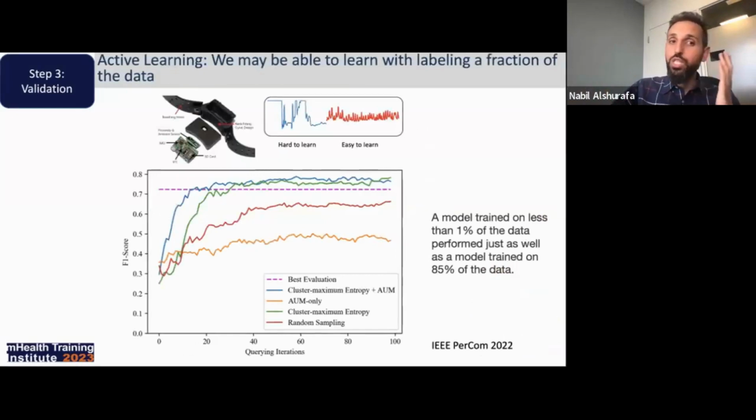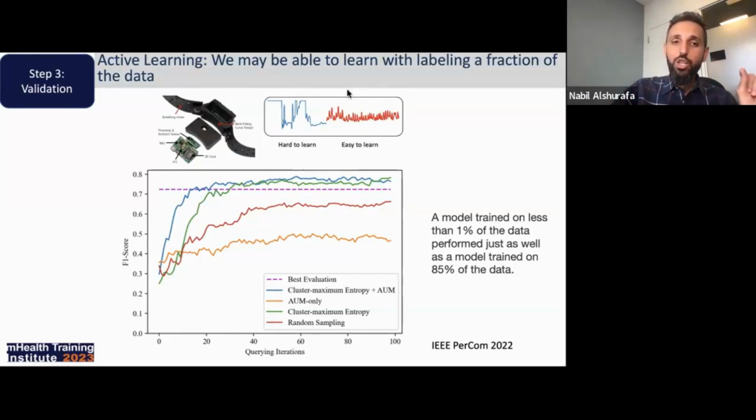Another area of research that this spawned is looking at active learning and its potential. Do we really need all these labels, right? Can we build machine learning models with just a subset or a fraction of the data that we're actually collecting? From our NextSense paper, we published another paper that looked at using active learning.